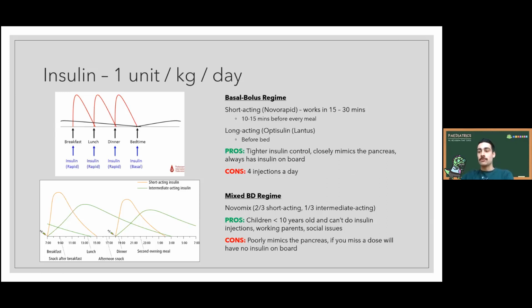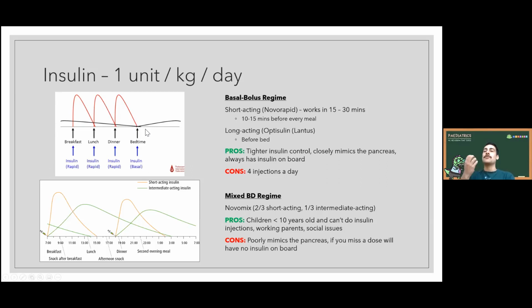The pros for this is it really mimics the pancreas really well. So the pancreas usually has a low level of insulin in the body at all times, and then they have surges of insulin when you start eating with meals. So it mimics it a lot, and you get tighter control of glucose levels. However, the problem is you get 4 injections a day, 1 for every meal and 1 before bed, plus the